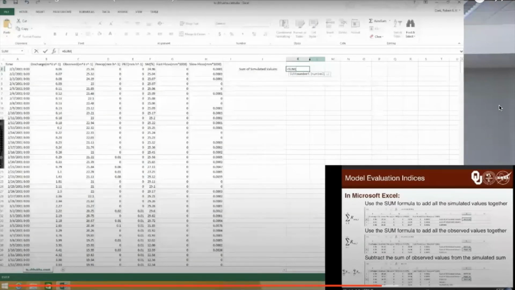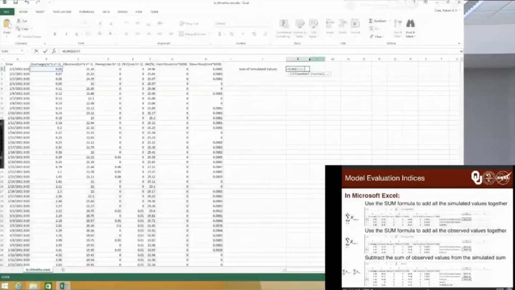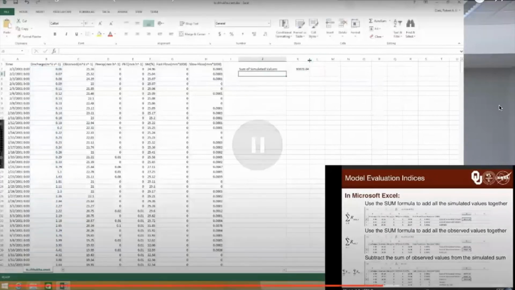And those are in column B, so I'm going to do B2, colon B700, close parentheses, and hit enter. And I get about